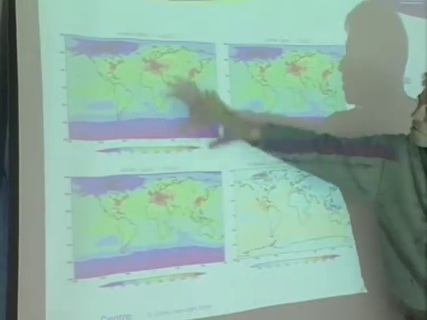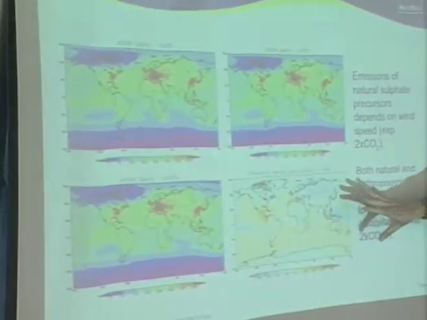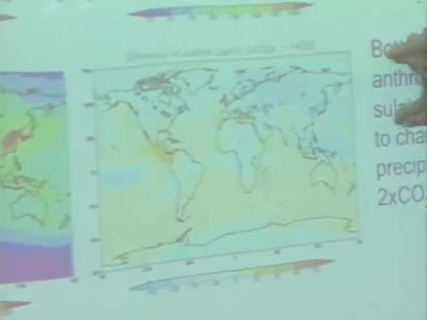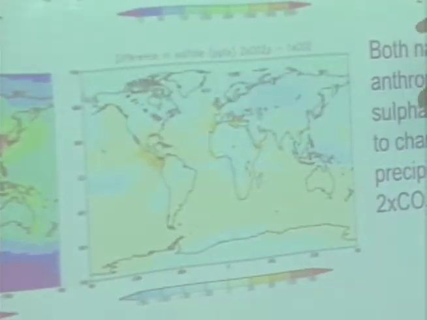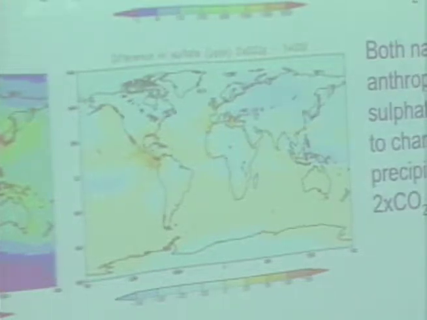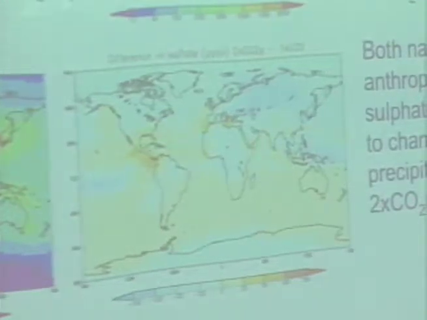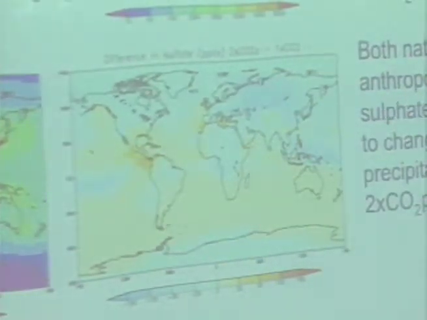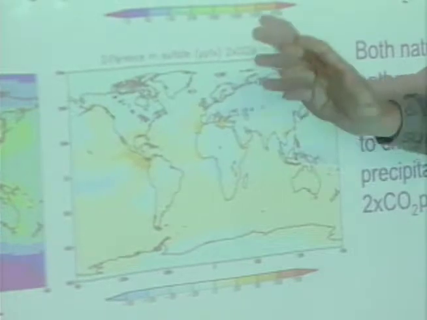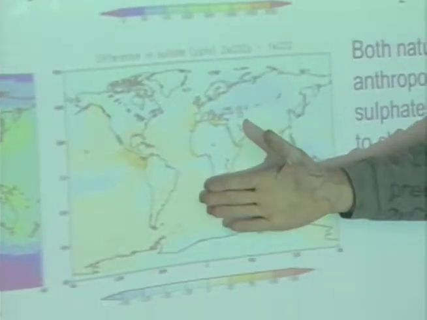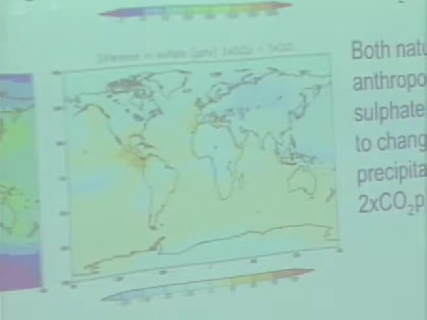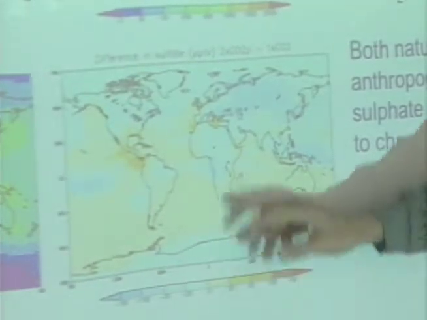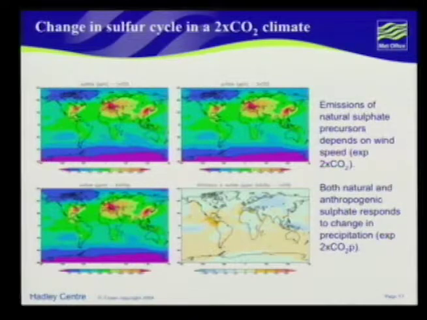And if you now look at the difference between these two, you're not talking about large changes, but what is interesting is that you've got, on average, less sulfate in the northern hemisphere because there is more precipitation, so the lifetime of your sulfate aerosol decreases. Whereas in the southern hemisphere, you get a bit more sulfate because the DMS increase is larger than the decrease by the precipitation. So you get a bit of a dipole, with extra warming here and extra cooling there. It's not much. You're not talking about large numbers. I think here it's somewhere around 10 pptV of sulfate.